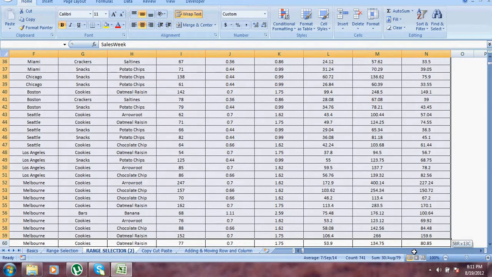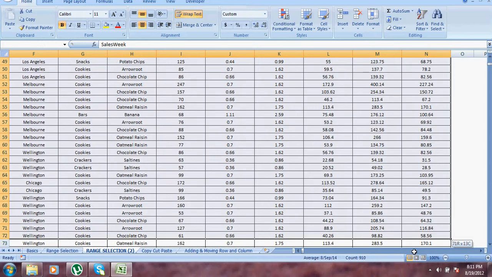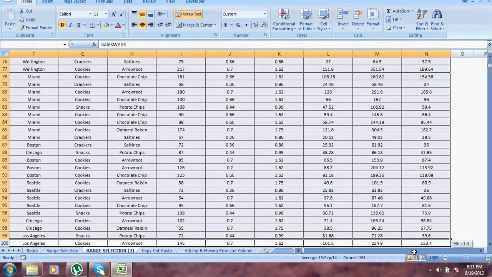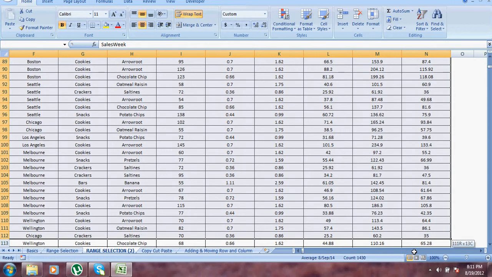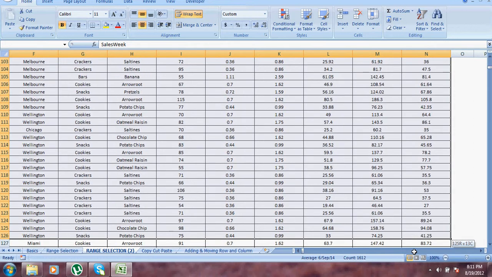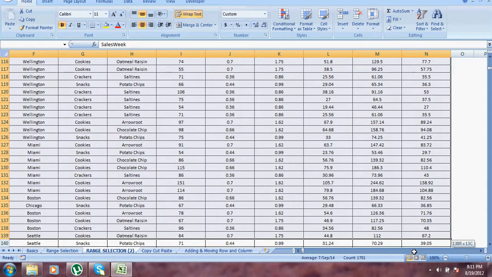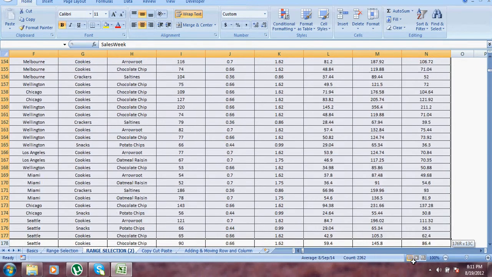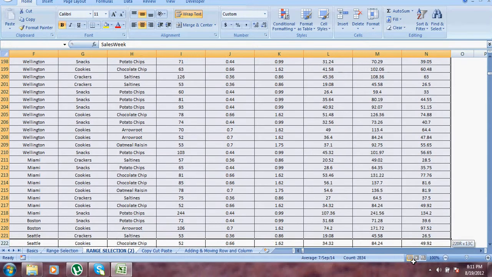See the time which you are consuming in selecting the data. The data is quite big, and these are the worksheets which you will encounter in your practical daily life. So just selecting the data is going to take this much of time when you will start working with the data. Okay, so this is not a good approach.